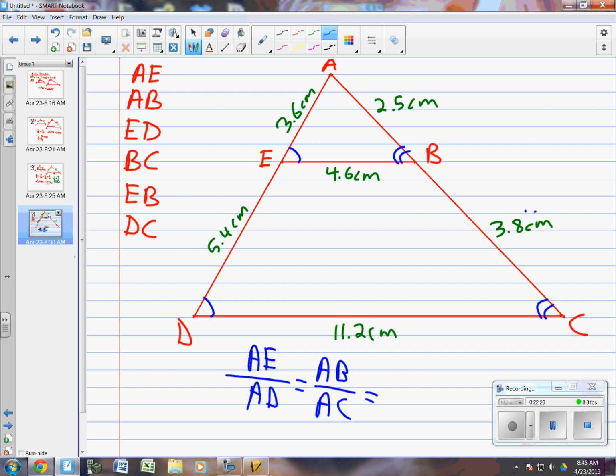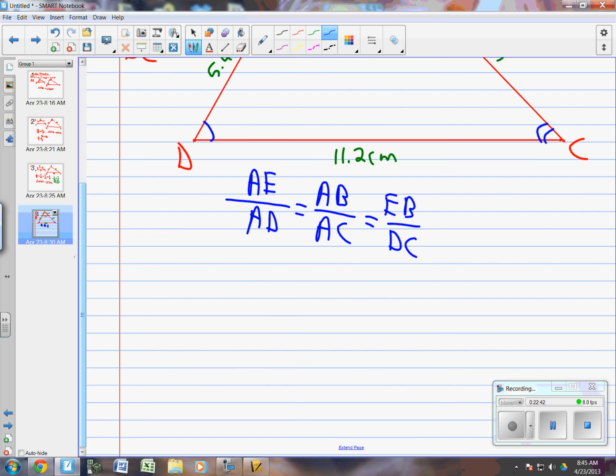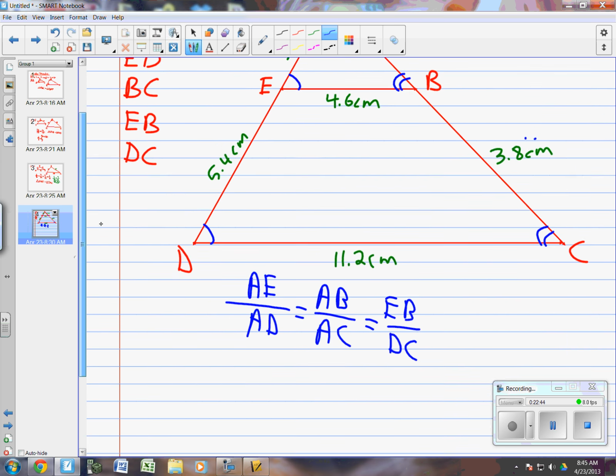EB over DC. Good. Does everybody see that? Because all three of those ratios have to be congruent. Okay? So, therefore, if I was to write some ratios right here,